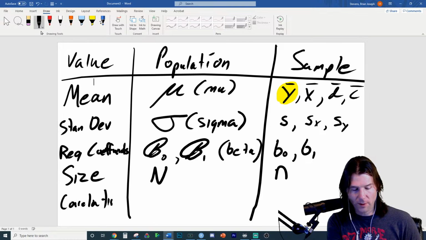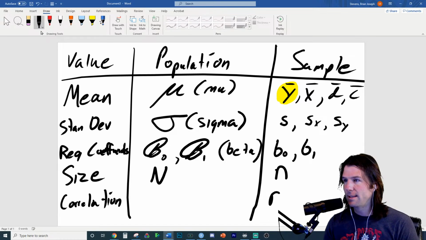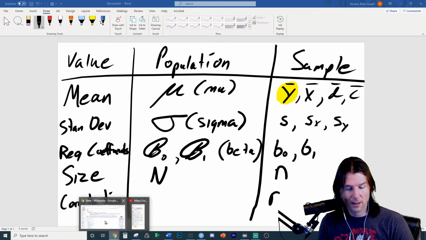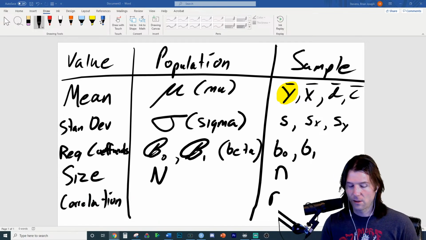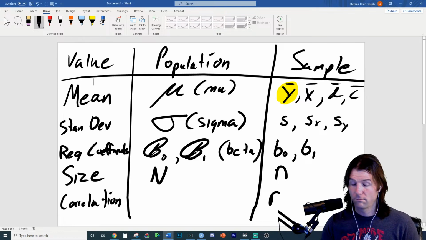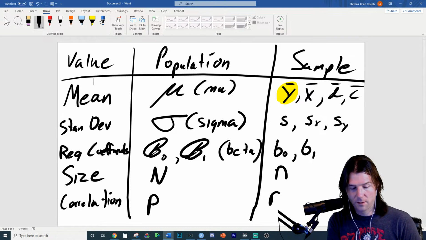We don't really use rho. There's correlation with Brian's horrible handwriting. Correlation is R, and that's sample correlation, and rho I think is P. So I'm just going to check right here. Population correlation is rho, but rho is P. I never use this. Yeah, it's denoted as P or R. Oh, it can be capital R. That's interesting. So that is rho right there,